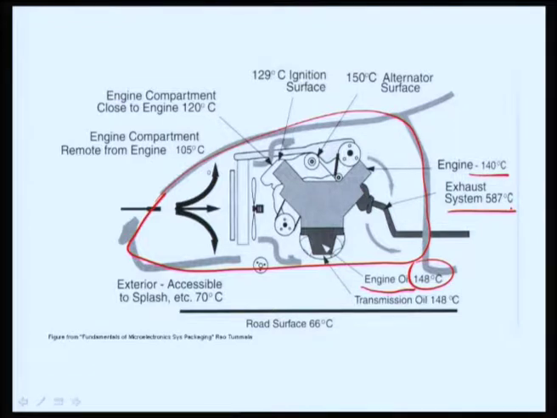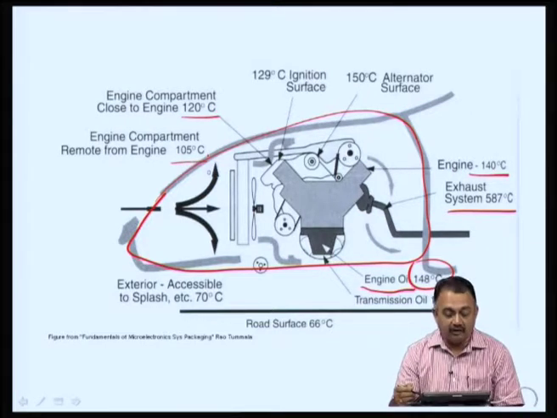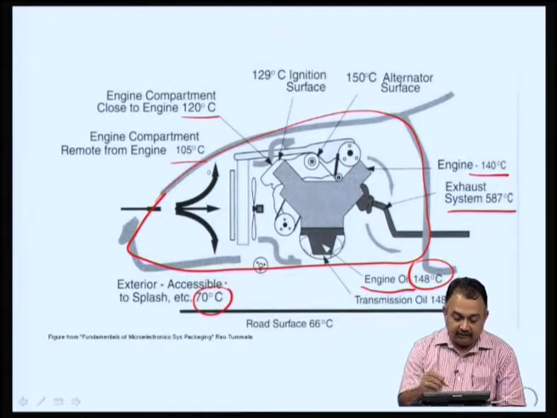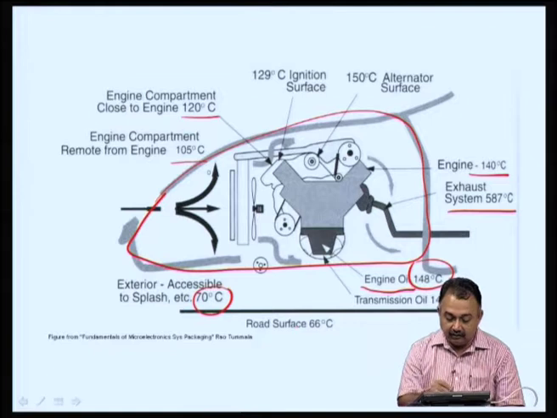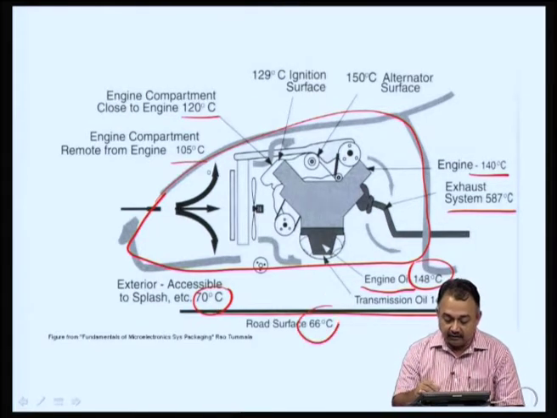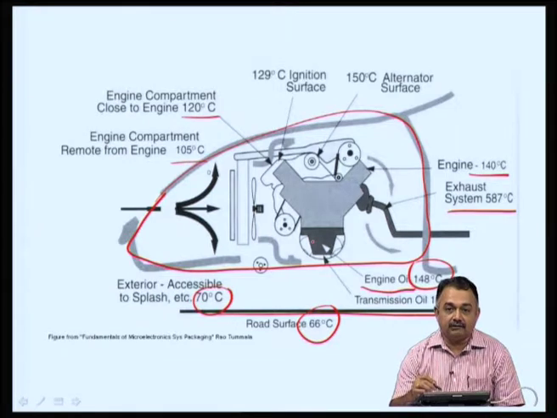Engine compartment close to the engine is 120 C. Engine compartment remote from the engine is fairly better, 105. Exterior around 70, and you can see that the road surface, the friction exhibited when the car is moving, is around 66 degrees centigrade. So, you can see your systems have to perform under these conditions, and then when you have moisture, dust and other